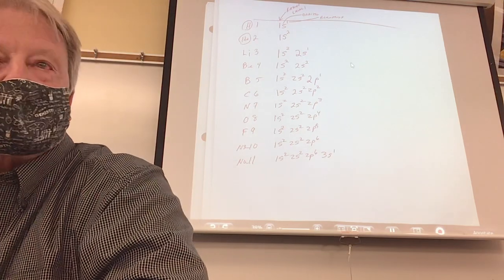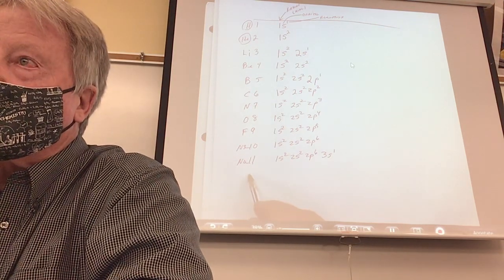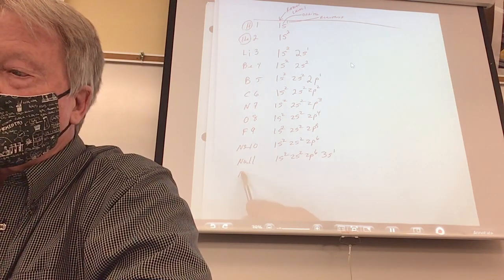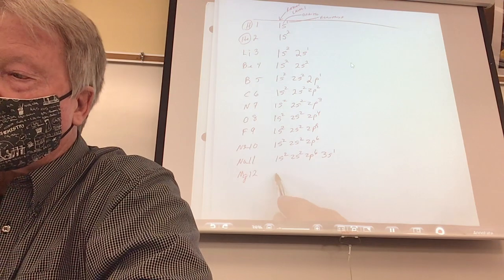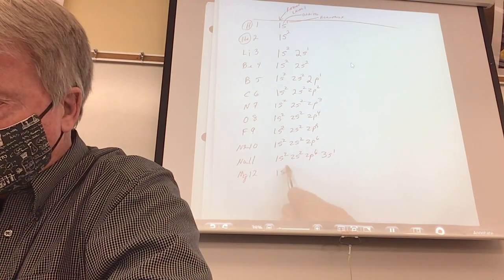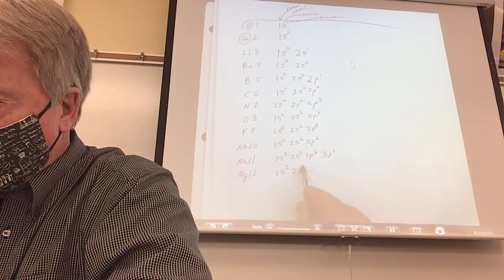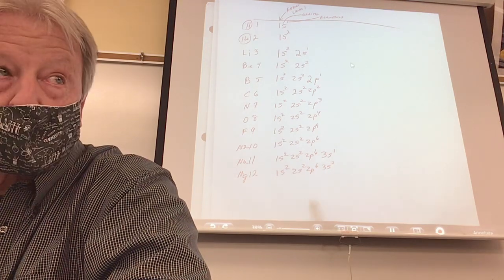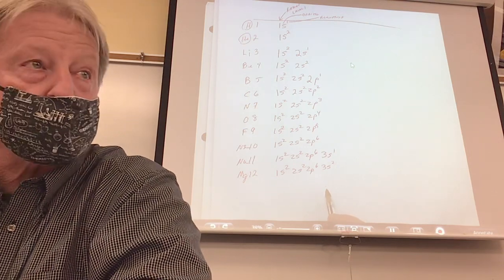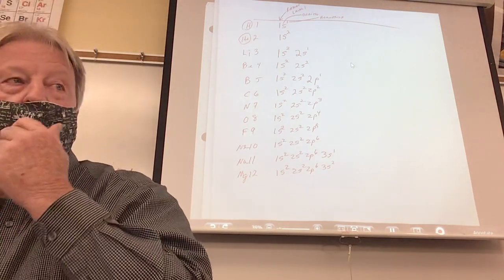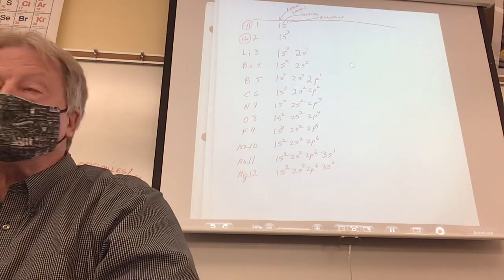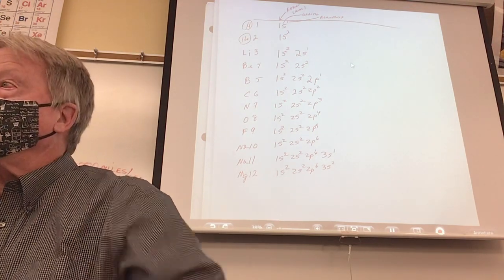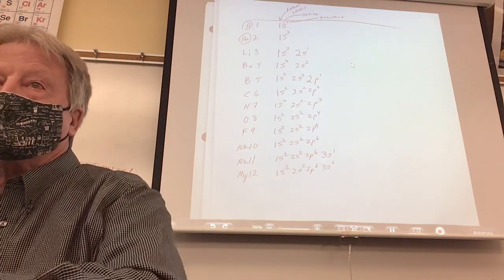So here we go. Sierra, give me one more. We got one more element. Are you doing magnesium? All right, where are you going to park 12 cars? It would be 1s2, 2s2, 2p6, 3s2. Wait, can you put 2 in an S? Yes. Can you put 3 in an S? Oh, that's correct. That is correct. So now, all right. Is that enough for today?